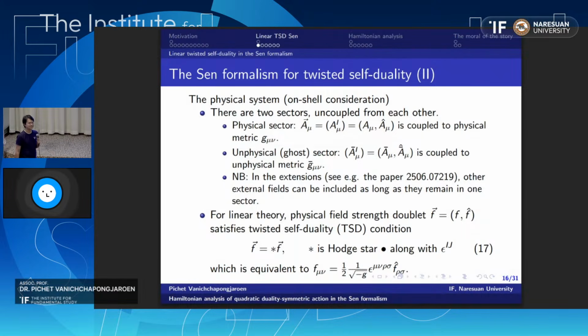Do you think it is important, generally speaking, if we have a certain symmetry at the equation of motion level, to have the same symmetry at the action level as well? Is that always the case? I can only hope so. If we want to do the quantization in the path integrals, I hope so. I don't know more to say. Thanks.